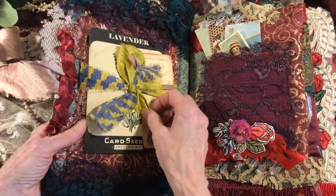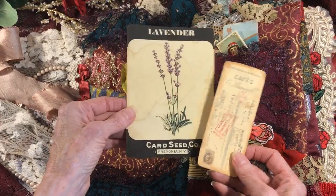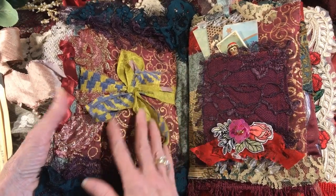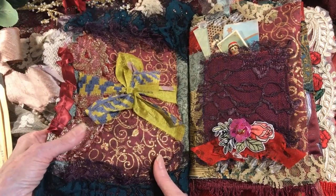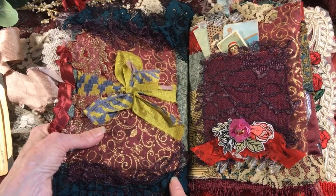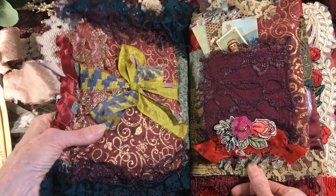This is a sari silk tie closure, and behind that I've got a couple journaling cards. These are both from the Graphics Fairy. And this is a quilted piece of fabric that I attached onto both the front cover and the back cover, because I felt, even though the journal was made of all fabric and has 2 layers, it needed a little more stability. And I did add some batting behind this, so it gives it quite a bit of durability,